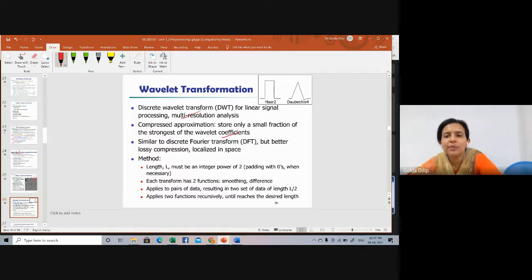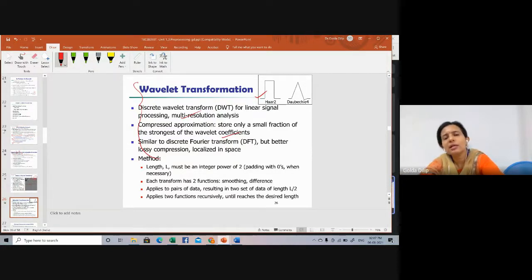Okay, so there are different types, called Haar and Daubechies 4. We are not going to look into the much technical details. The point to be noted is that this is being used in signal processing applications. If we create a suitable representation of a signal, we can discard the least significant pieces of that representation and still keep the original signal largely intact. That's what the wavelet transformation is all about.